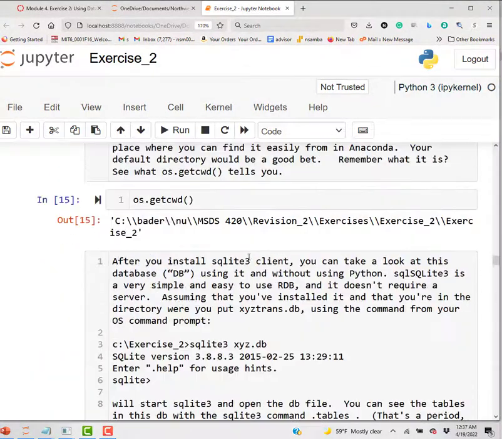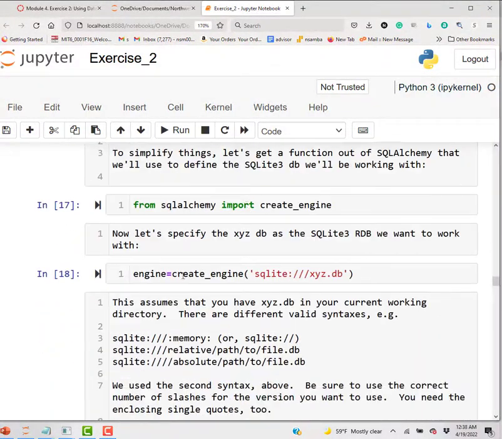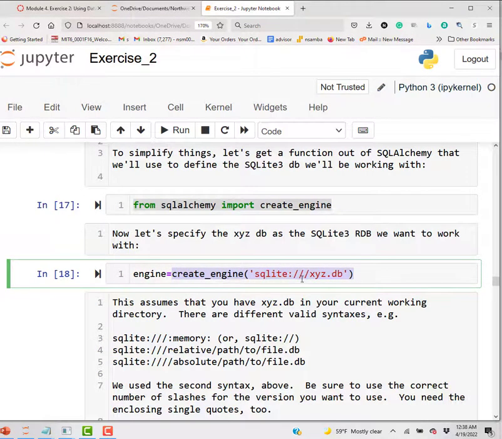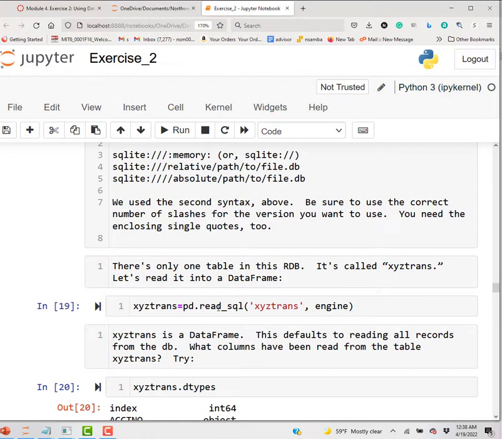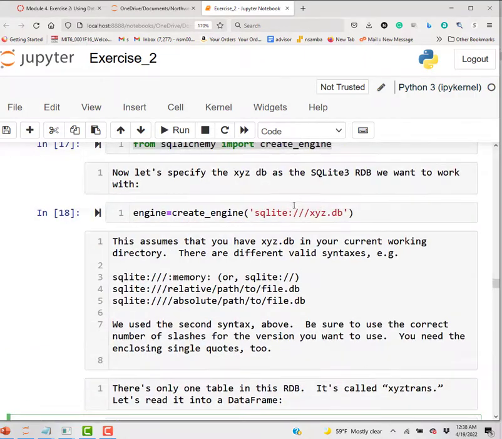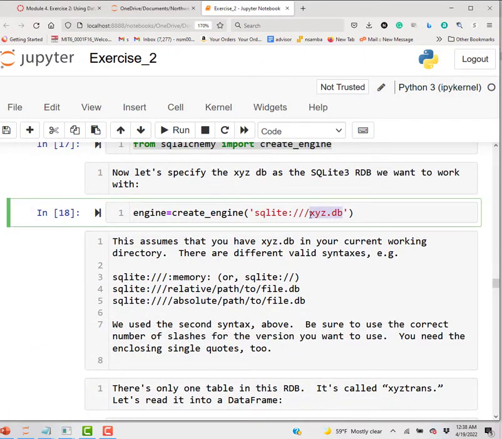So let me go to the SQL here. When you want to use SQL, that's where you use SQLAlchemy. So from sqlalchemy, import create_engine, and with create_engine you define the engine to be a SQLite engine, and not only that, it is connected to a specific database. Once you do that, you can do pd.read_sql instead of read_csv, and then you say XYZ trans and then the engine, because this XYZ DB has multiple tables. You can check it out in